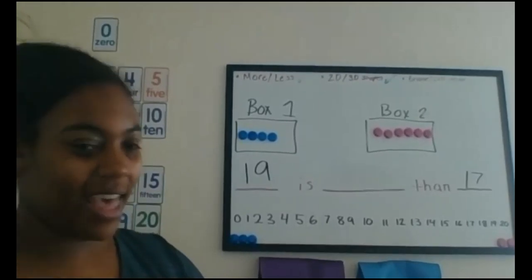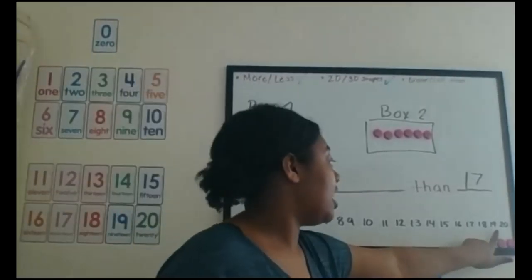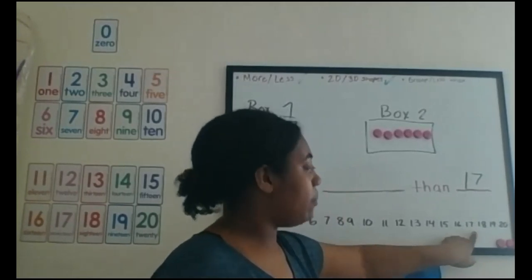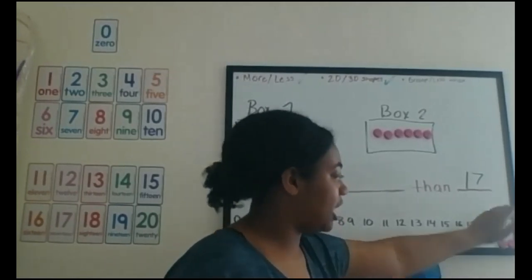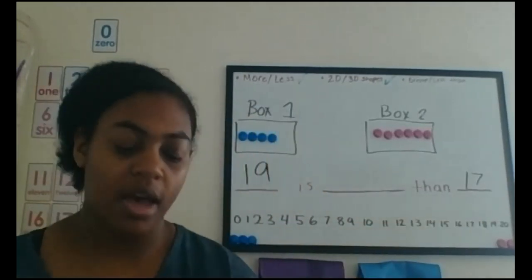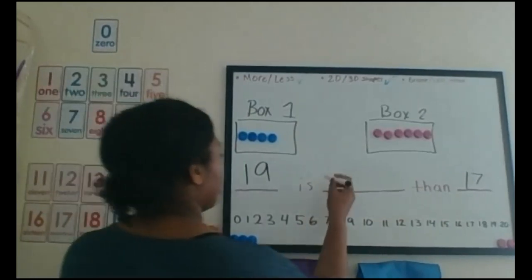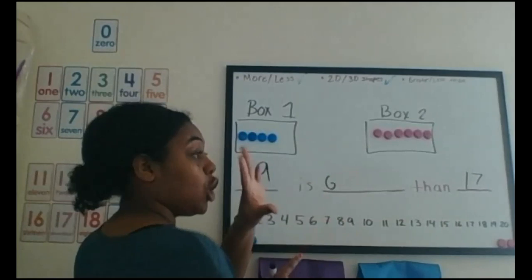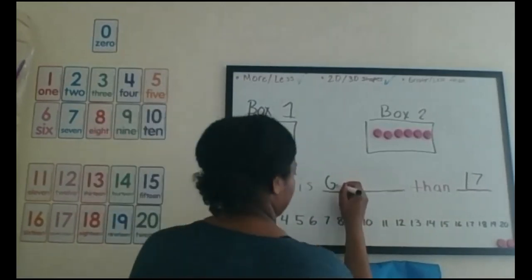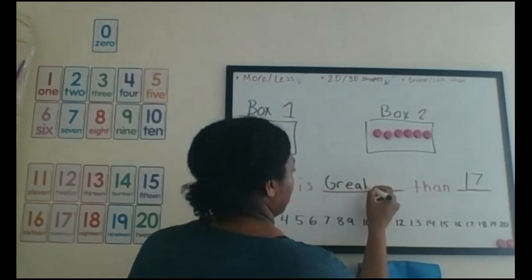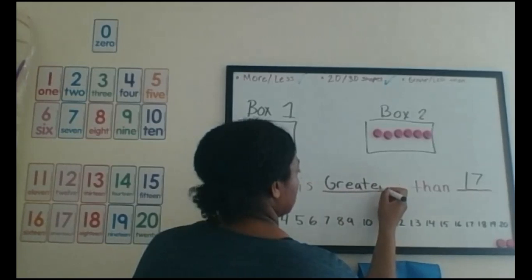Greater than. Excellent. 19 is closer to 20 than 17. 17 is back here, but 19 is even closer to 20. It keeps going. So 19 must be greater. Remember that first sound, g, greater. G, that blend, g, a, g, ER says